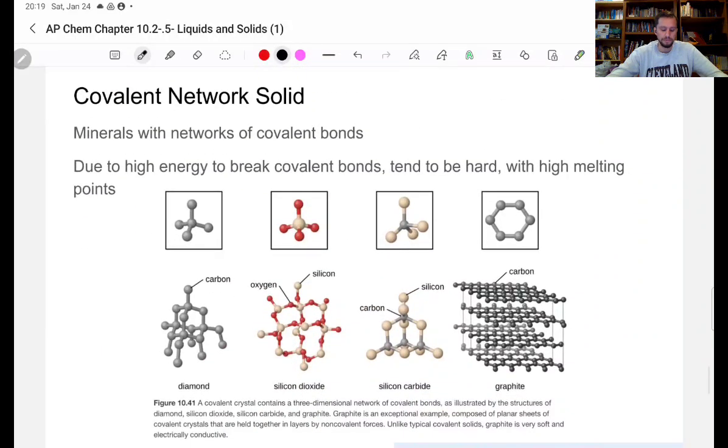We have covalent network solids. These are minerals with networks of covalent bonds. And due to the high energy to break covalent bonds, they tend to be hard with high melting points. Common student misconception,